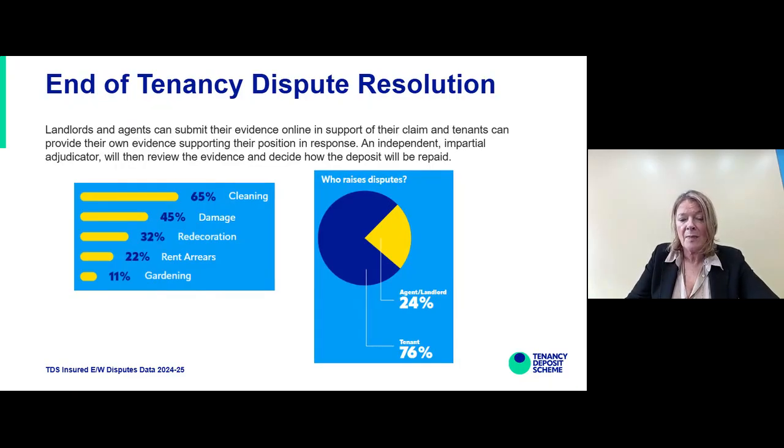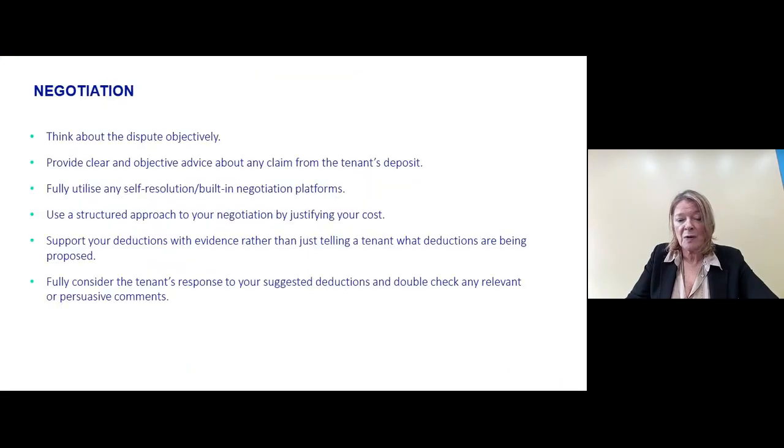tenants, and the remaining are agent landlord proposals. So when you're negotiating to try and resolve early, do think about the dispute objectively. Also, it's really beneficial to provide clear and objective advice about any claim from the tenant's deposit. Fully utilise any self-resolution built-in negotiation platforms, as I've just mentioned, and do use a structured approach to your negotiation